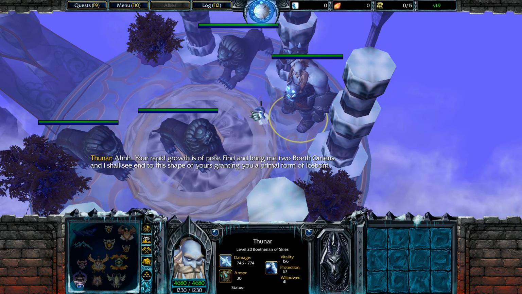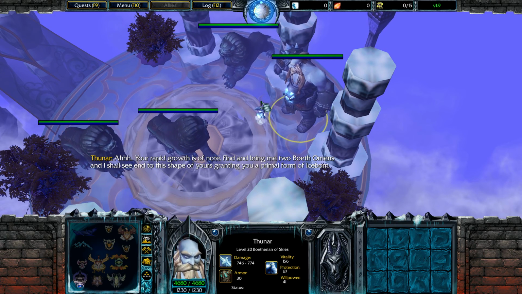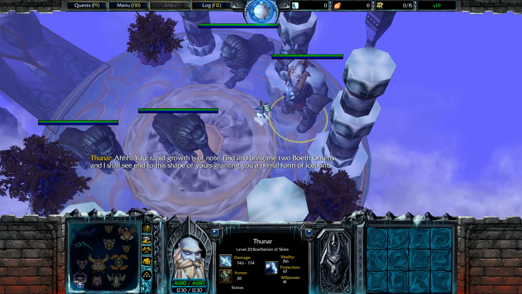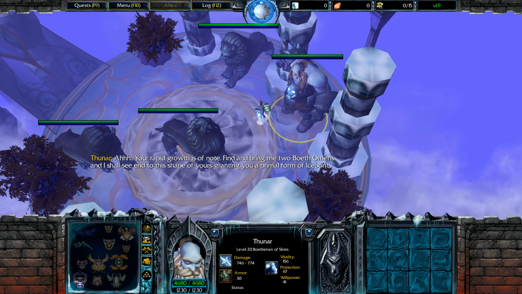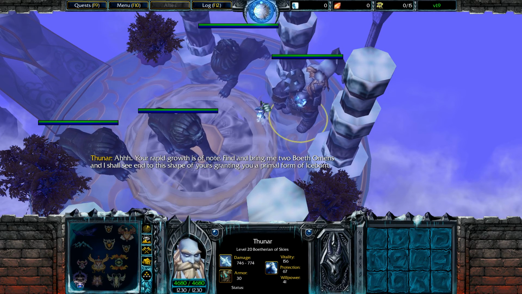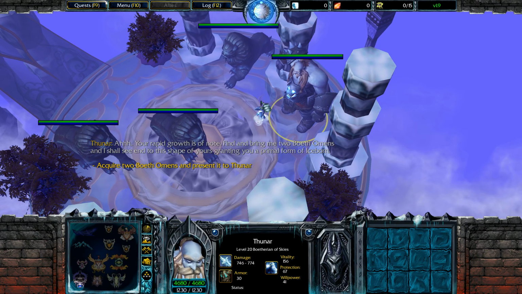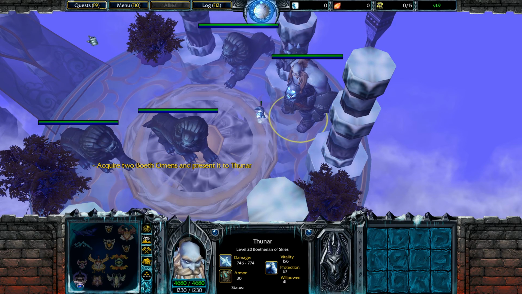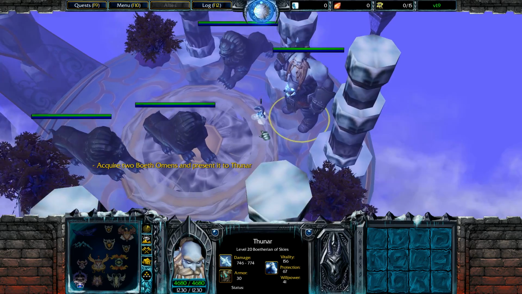Your rapid growth is of note. Find and bring me 2 Boeth omens, and I shall see end to this shape of yours, granting you a primal form of Iceborn. Acquire 2 Boeth omens and present it to Thunar. New and fresh being has awakened a harsh...